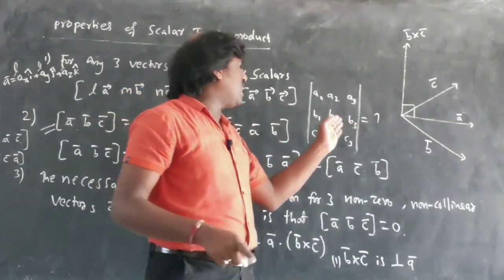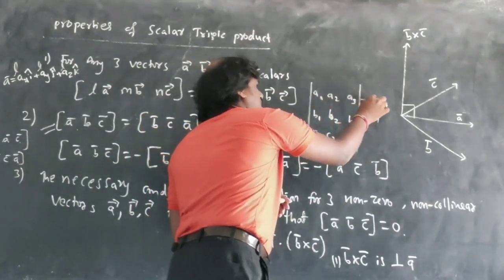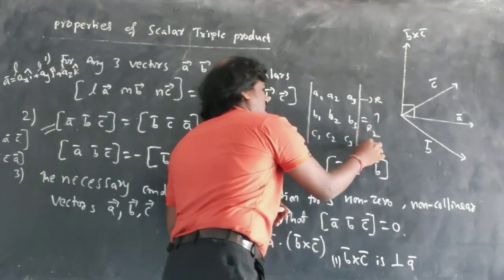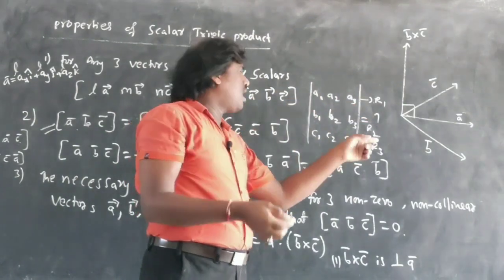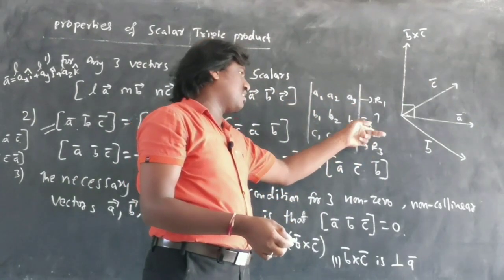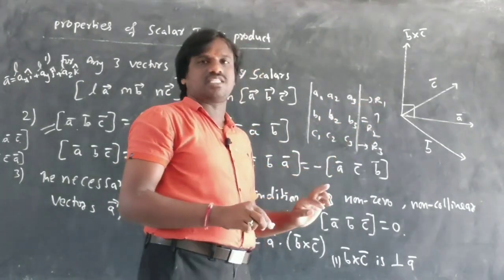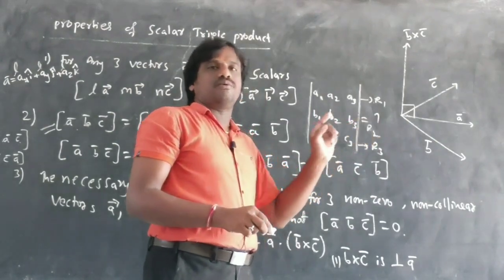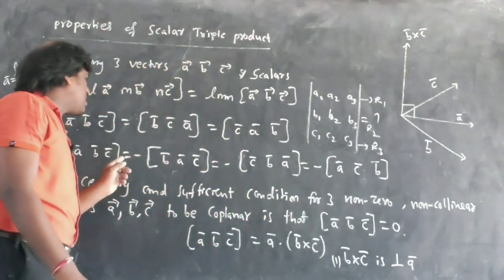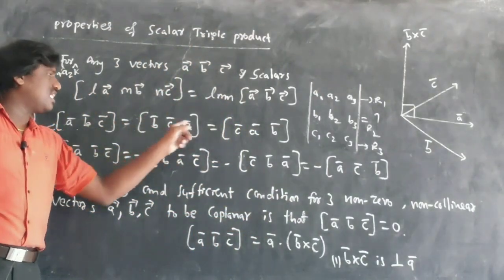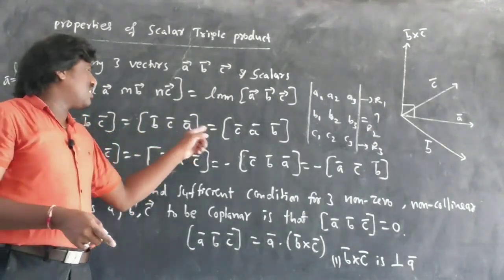If I say this is row 1, this is row 2, this is row 3, and I change row 1 with row 2, that is minus. R2, R3 means R2 to R3 and R3 to R2, that is minus. But if I change twice, if I change R1, R2 and next I change R3, R2 also, then minus of minus will be plus. You have learned this in determinants. To make you understand, these all three things are equal. The reason is they are changed twice. So that is the reason they are equal.